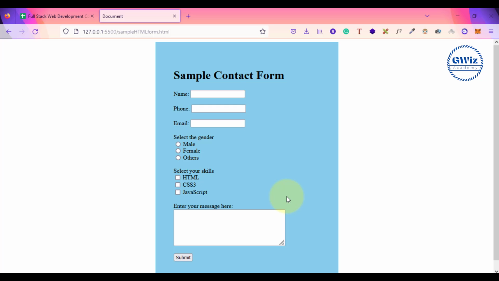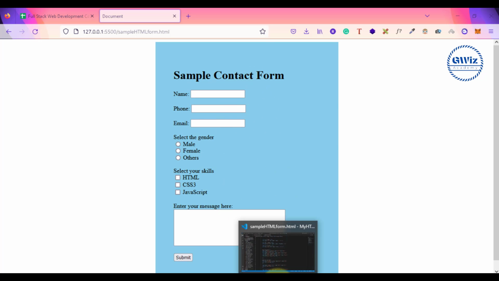In this video, we'll be creating a basic structure of a contact form. This is not a working contact form. We will be soon completing this contact form after the next series, maybe after CSS or Bootstrap. But till then, we will learn the structure of an HTML form. So, how to start creating? So what you need to see here,